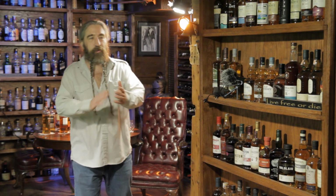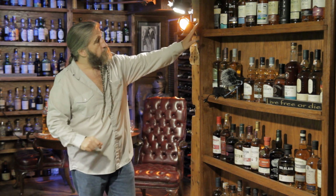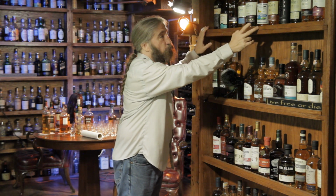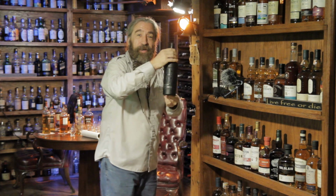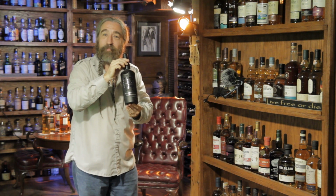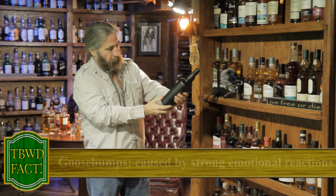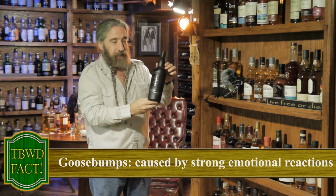We all made it to the snooker room. That's exciting. Bottle 224. 17, 18, 19, 20, 1, 2, 3. And we don't know what it's going to be. It's a Glenlivet Enigma. This is exciting, everybody. I got a little goosey bump going on here. We're coming in at 60.6% ABV, and it's the